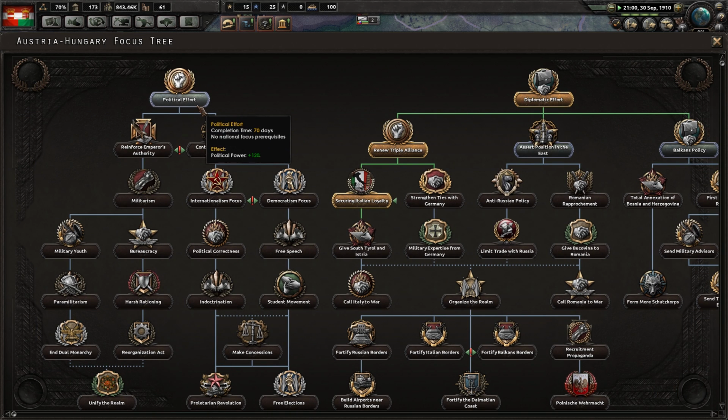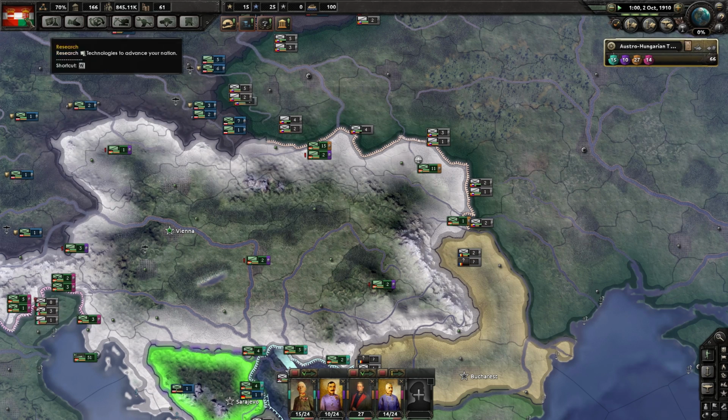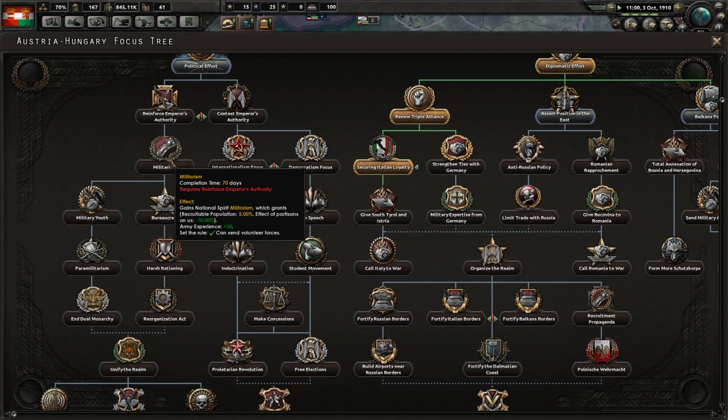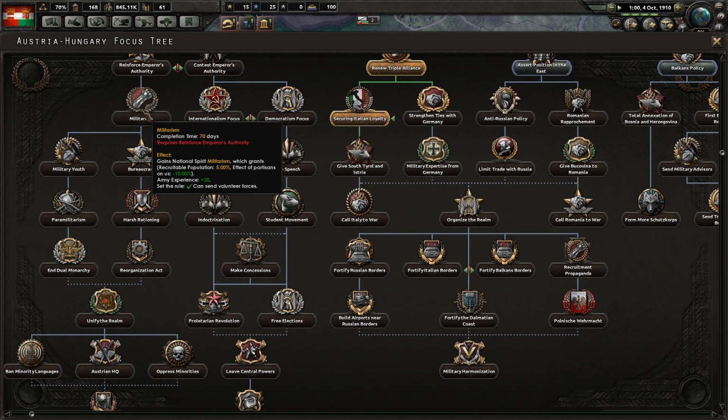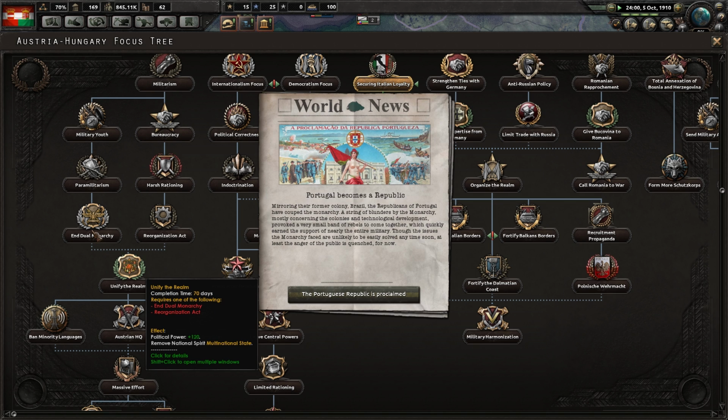Rarely things are free. We could also reinforce Emperor's authority. I think we will go for this. First go through political effort and into reinforce Emperor's authority, into militarism, and then unify the realm. We want to unify the realm before the war starts, preferably. Which means we...